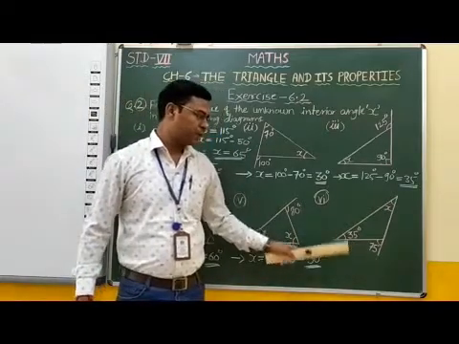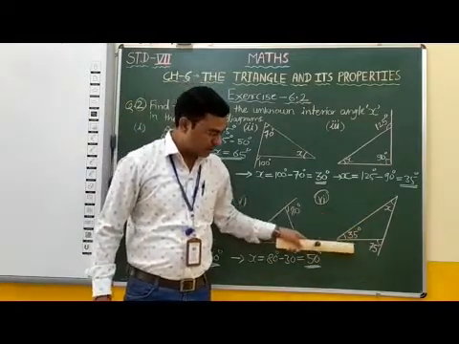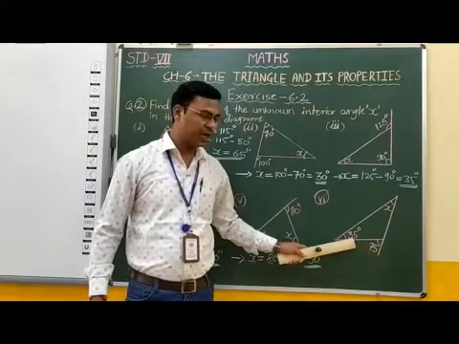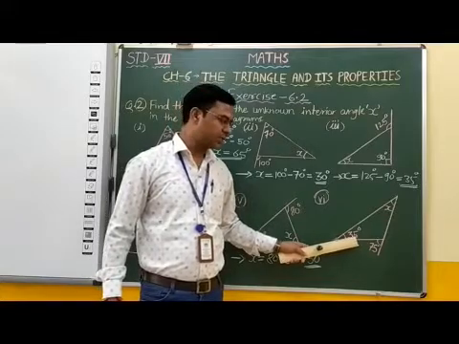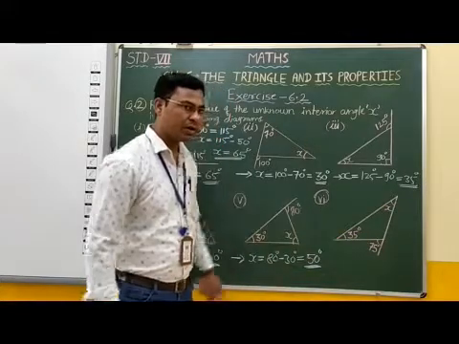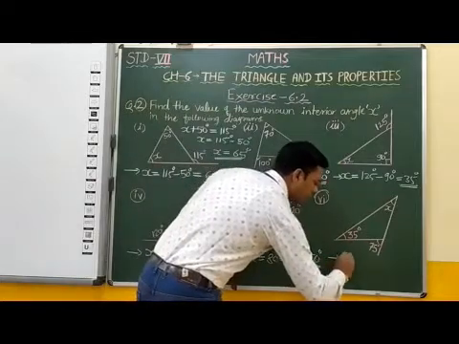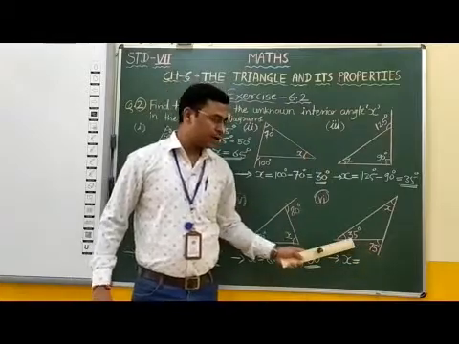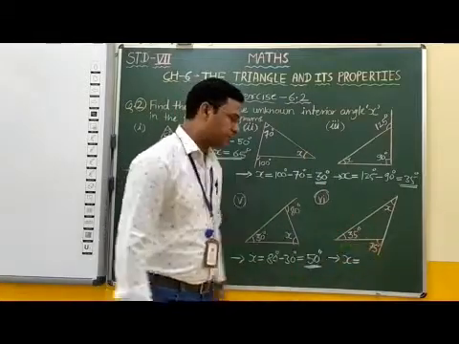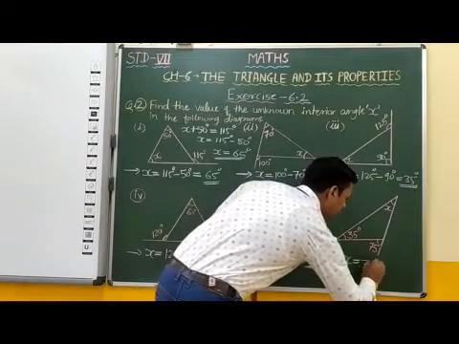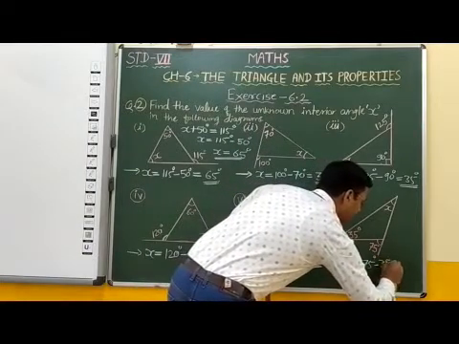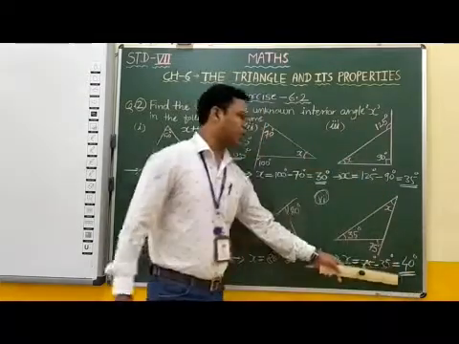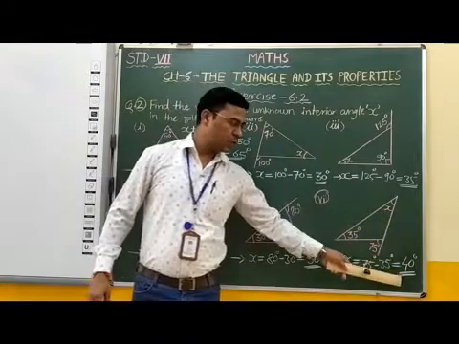Now, the last figure. Here, this angle is the exterior angle, that is 75 degree, and the given interior opposite angle is 35, and we have to find the measure of x. Therefore, by using the short method, this angle is subtracted from the exterior angle, x is equal to 75 minus 35, which is equal to 40 degree. Therefore, the measure of this angle x is equal to 40 degree.